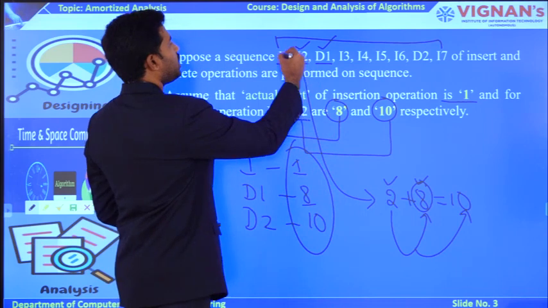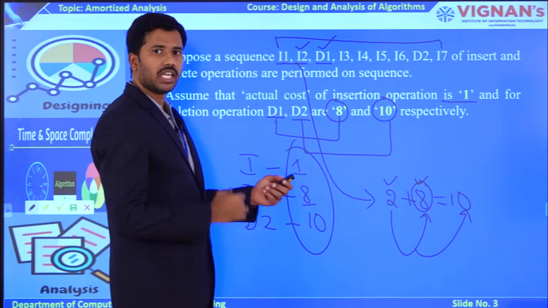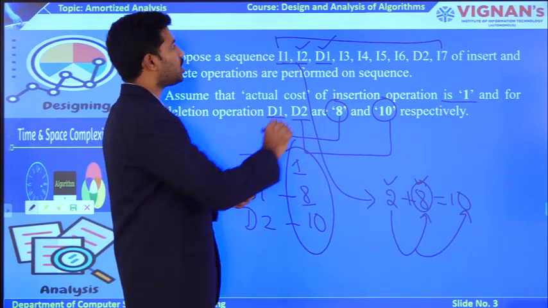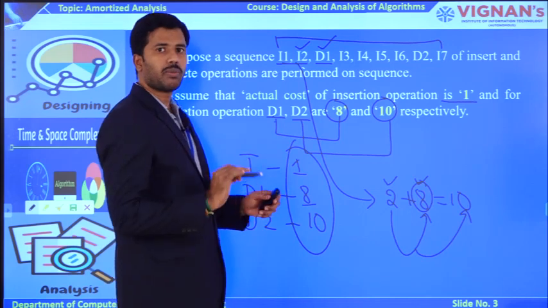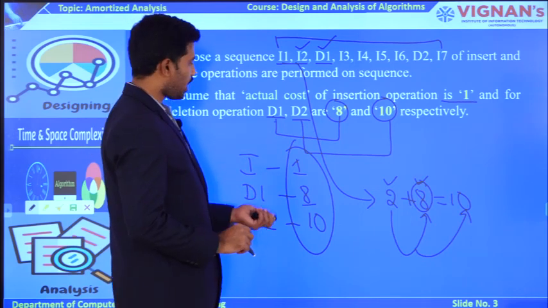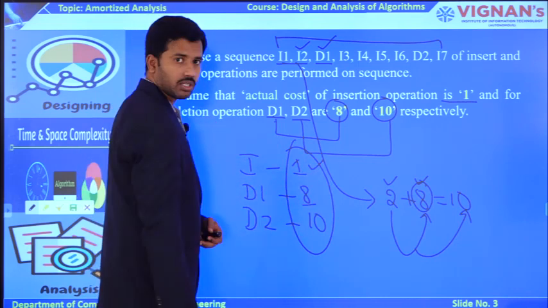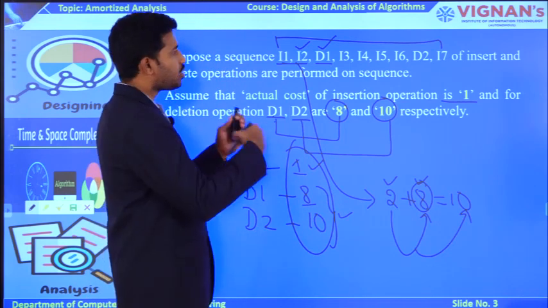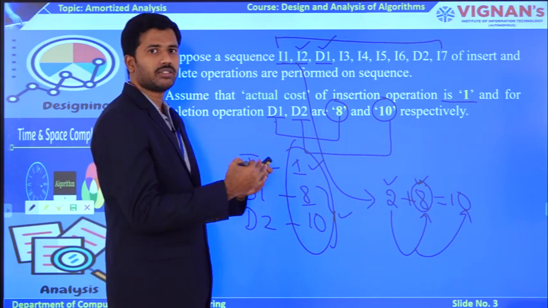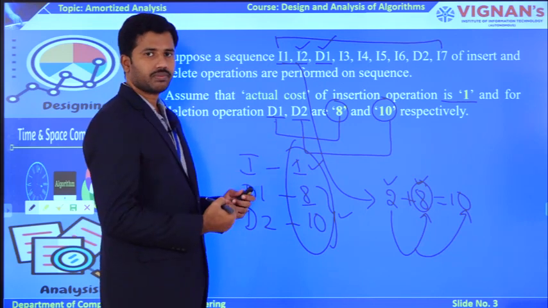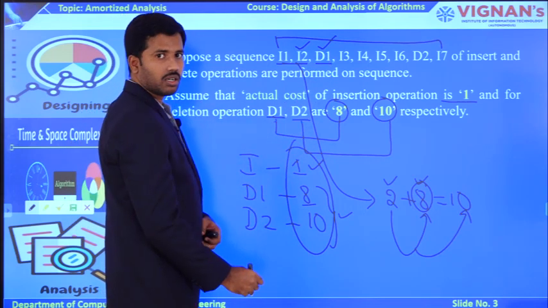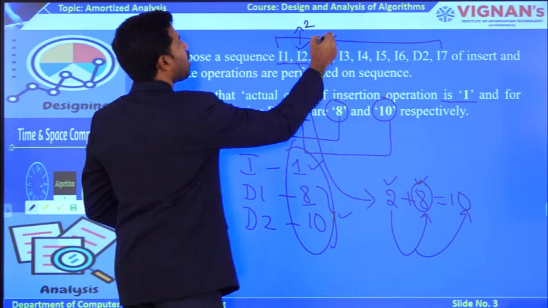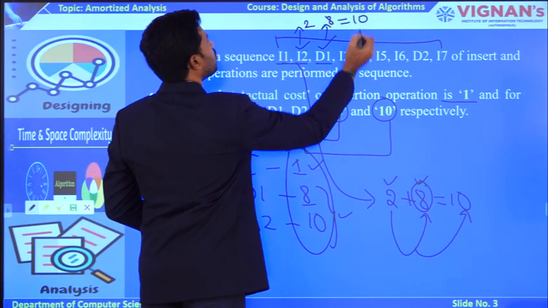If the insertion operation as well as the deletion operation take equal cost, in that case there is no problem. The entire time complexity to execute this sequence of instructions will be best case. But coming to this case, the insertion is executing with best case, but the deletion cost will occupy the worst case. So the nature of the algorithm performance is going to be disturbed. After executing up to I2, the time complexity is 2. After executing D1, because of this D1, your algorithm will move to a total time